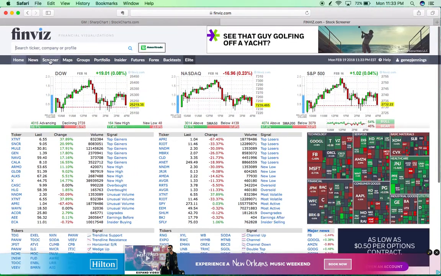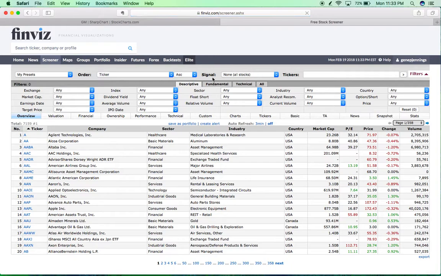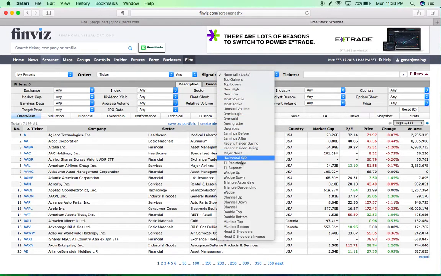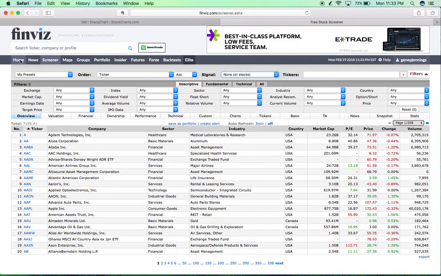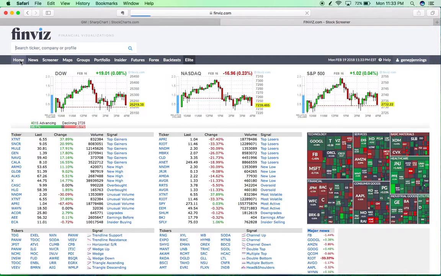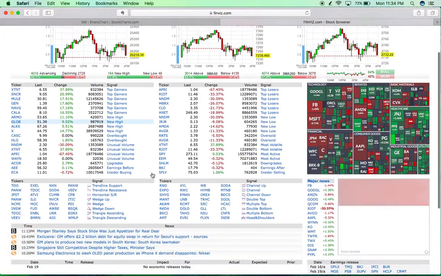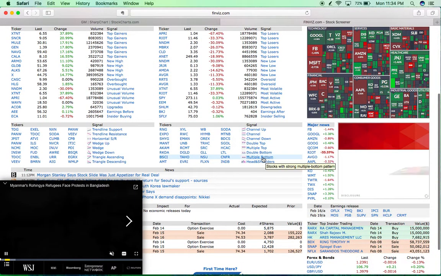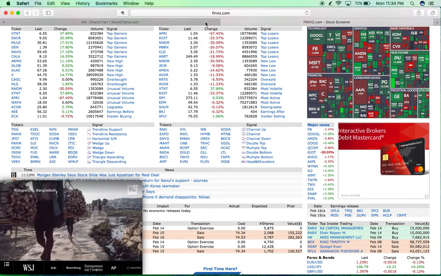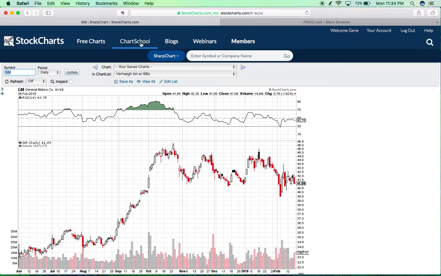When you go to the screener and you go to signal, it gives you all the options down here. So inverse head and shoulders is down here. So Finviz is just a great tool. It's a place for you to just kind of play around with Finviz and learn and watch some of these chart patterns. And then you also can go to StockCharts, go to chart school,